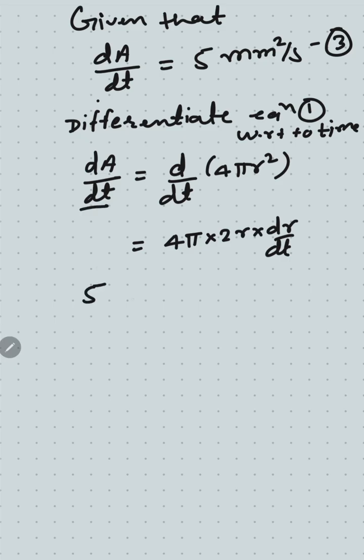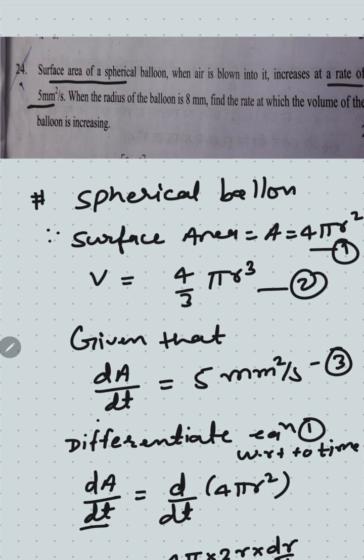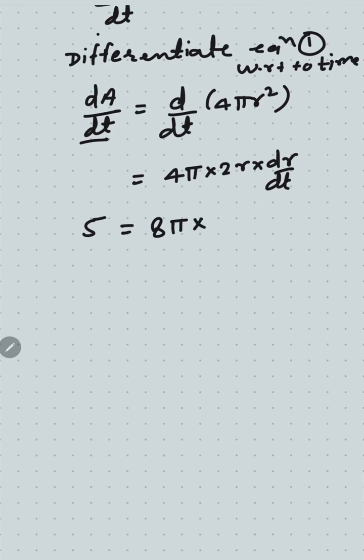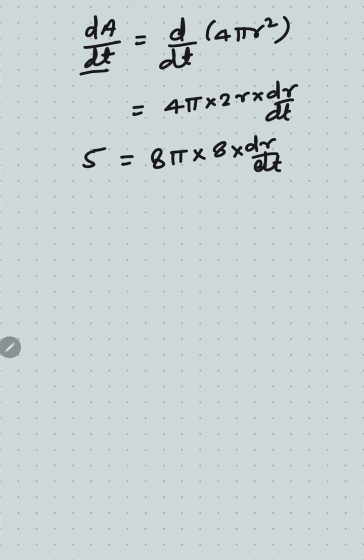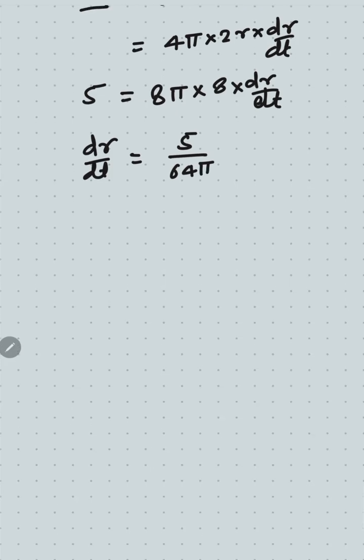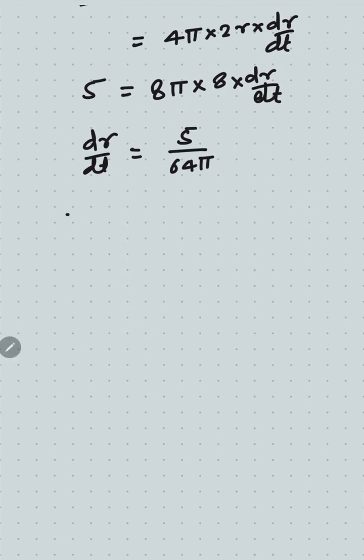5, then 5 is equal to 8 pi times dr/dt, given in the question that the r value is 8. Now dr divided by dt is equal to 5 divided by 64 pi. Now, in the same way, I differentiate the second equation,